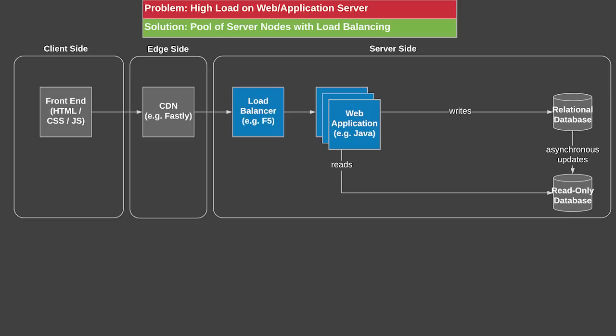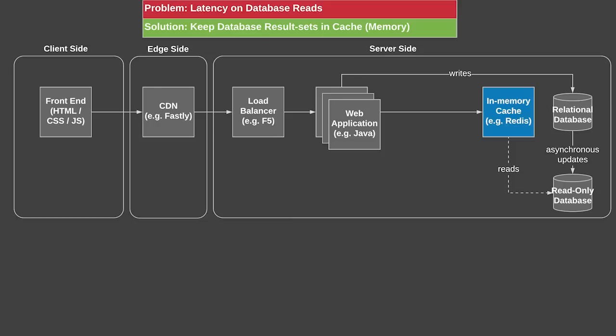Then the next hindrance that you're going to have in terms of performance is likely to be the reads from the database. So when you're reading from a database, in most cases, the database will actually access a physical drive, as in a hard disk drive, whether it's a solid state disk or a magnetic hard disk. And those usually have higher latency in comparison with RAM, which is random access memory. So if you use a caching solution like Redis or Memcached, the reads won't actually hit your database. They will be read from the cache, from the memory.